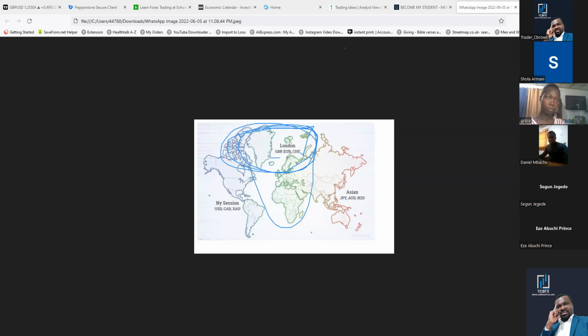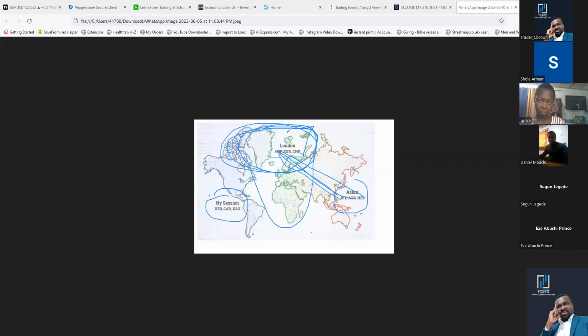And look at the currency pairs that we were talking about yesterday. We're going to look at all of this. Look at the GBP, EUR, the major ones. And then look at this one in the Asia section: JPY, AUD, New Zealand. Look at this one in the New York section: USD, CAD, gold. Now, this is how you're going to look at it in trading. So what you're supposed to do is pair this one with this, or pair this one with that. So it depends on what you choose.